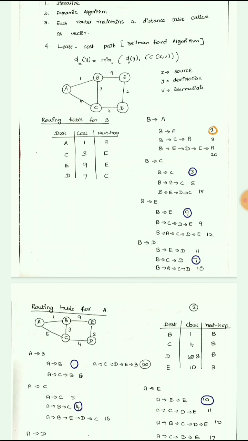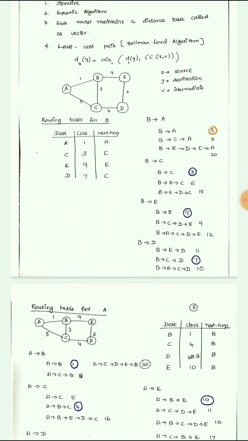The routing table for B. First we are going to write the routing table for each and every node. We will take any node first. So we will take B. There are 3 metrics that have to be measured in our routing table. One is the destination node from B where you want to send the data packets, and the cost, which will be the metric cost between the source and destination. The last attribute will be the next hop, through which router I am going to communicate. So that is called the next hop.